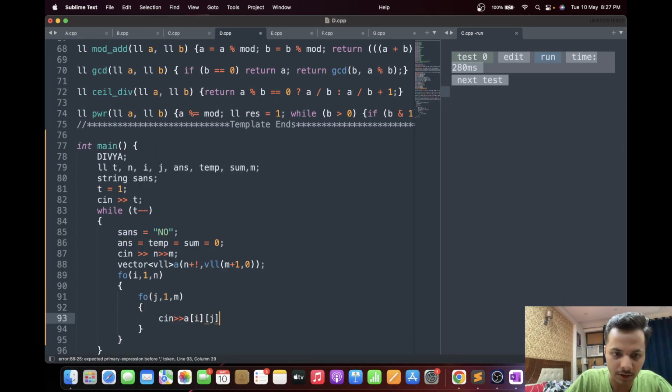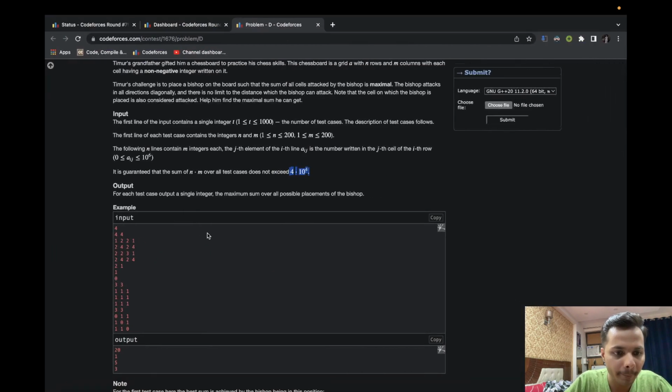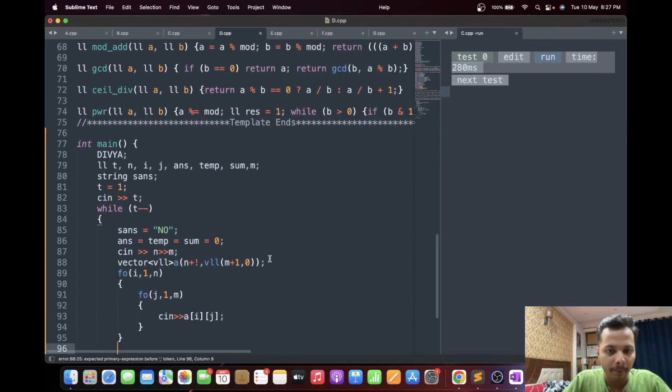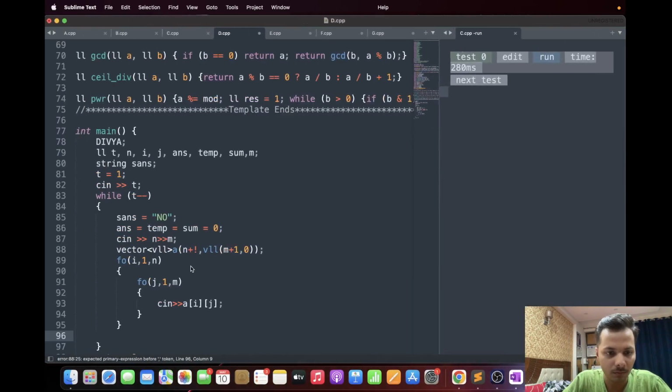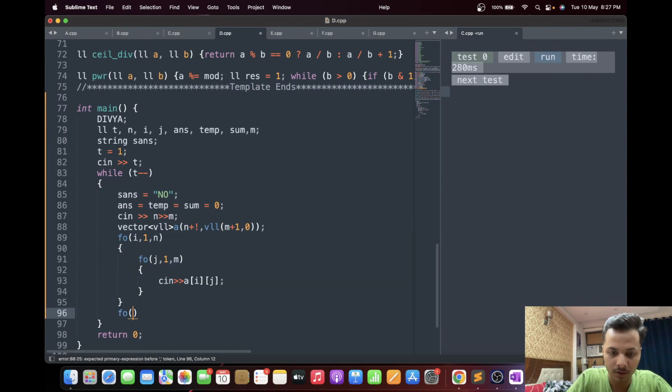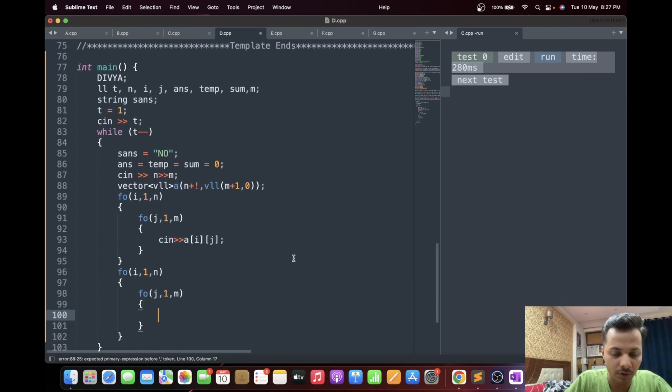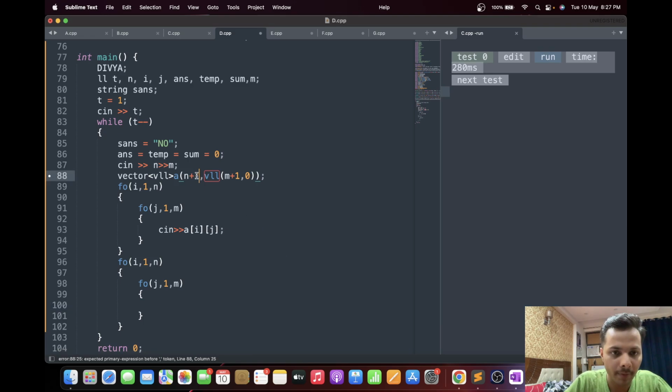So let's try to write it. We have to find the maximum sum, right? Yeah. So we are placing it here at I comma j.